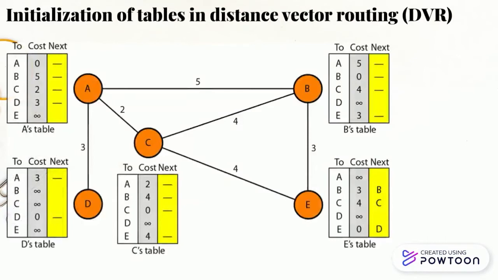Now here, nodes A and C are immediate neighbors of each other, and they can improve their routing tables if they help each other. How much of a table must be shared with each neighbor? The third column of the table is not useful for the neighbor. When the neighbor receives a table, this column needs to be replaced with the sender's name. If any row of the table can be used, the next node column is filled with the sender of the table. Therefore, a node can send only the first two columns of its table to any neighbor.